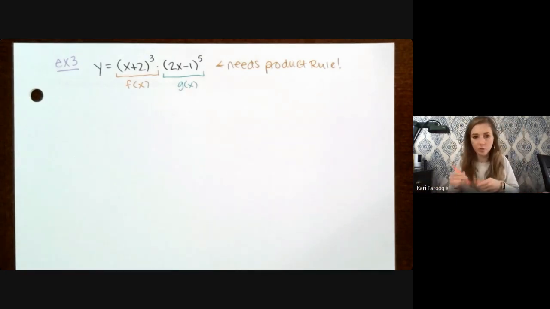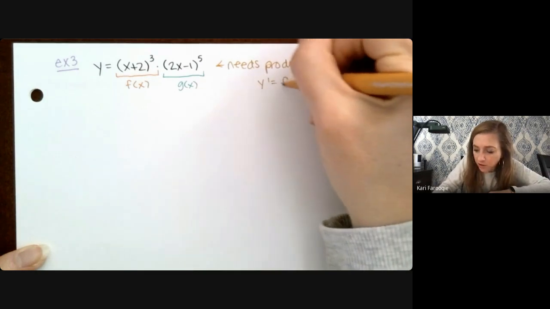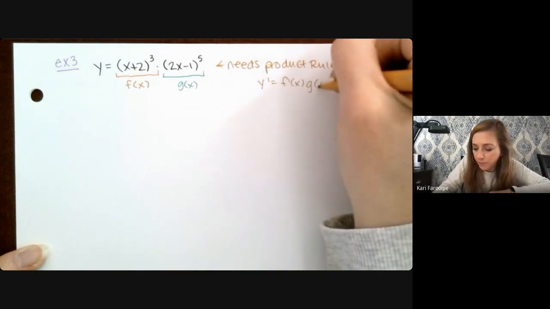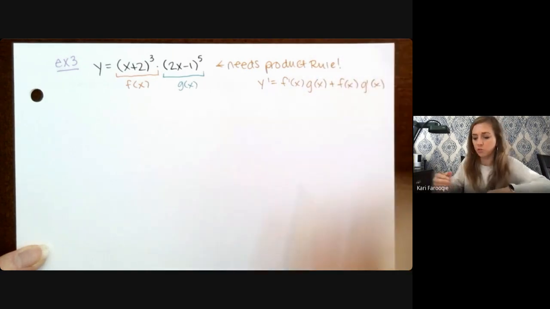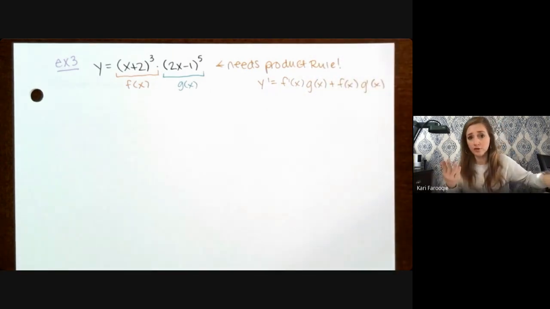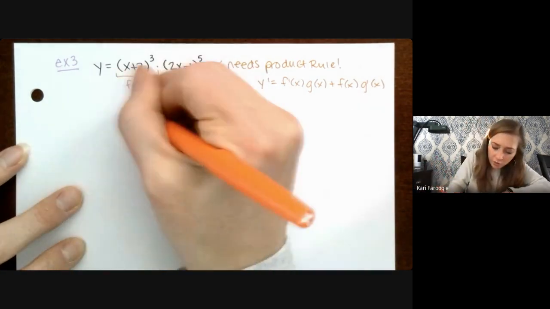So let's find f prime now, since we know we're going to need that for the product rule. Maybe I should remind you of what the product rule is. I know we just talked about it on the previous page. Y prime is f prime g plus f g prime. So we need all of these components. We have f and g, we need f prime and g prime. So f prime of x